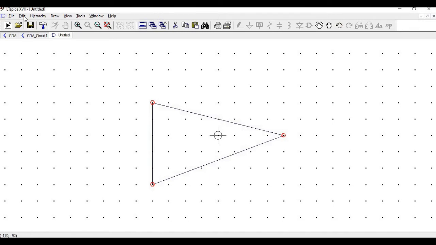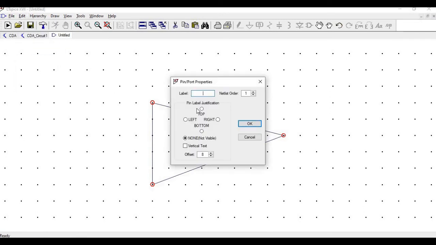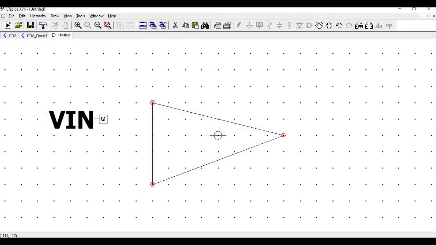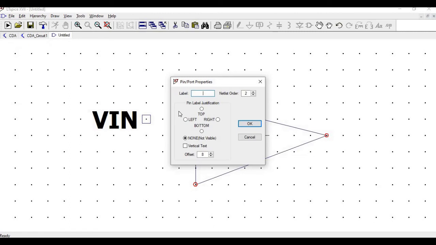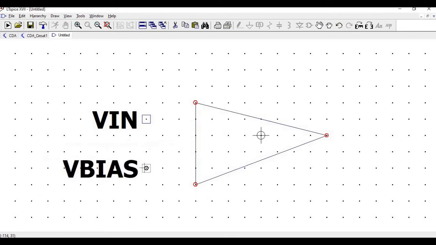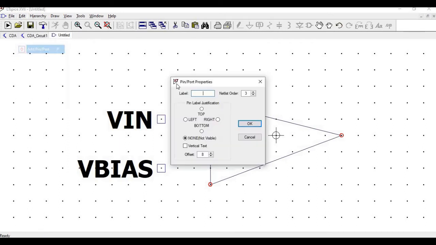So you remember we had defined V in, V bias, VDD, VSS and V out. So go to edit, click on add pin port, define label as V in, similarly define for V bias, edit, add pin port, V out,